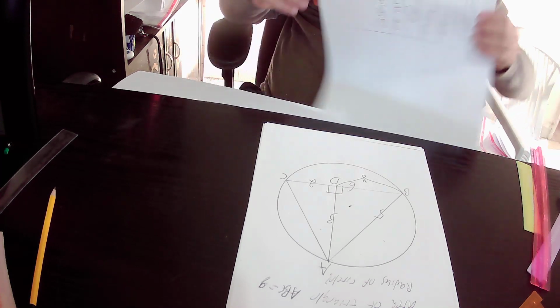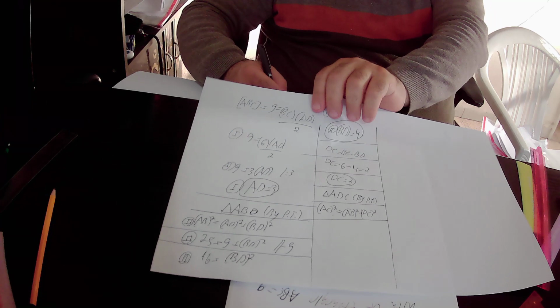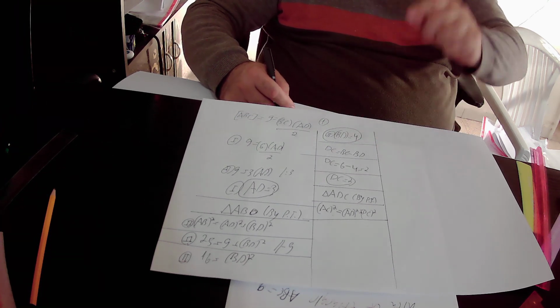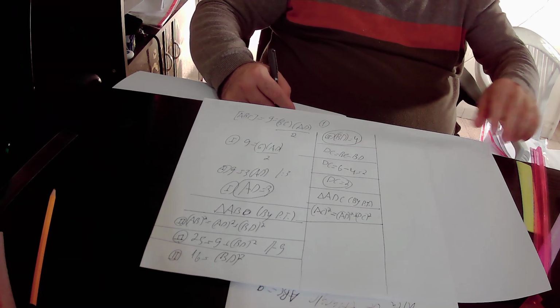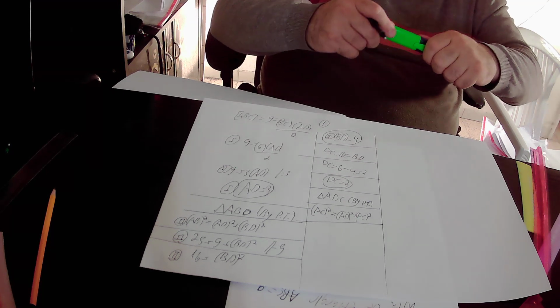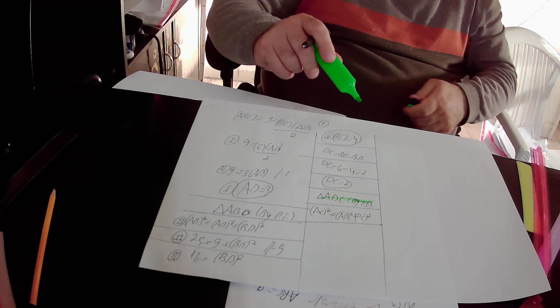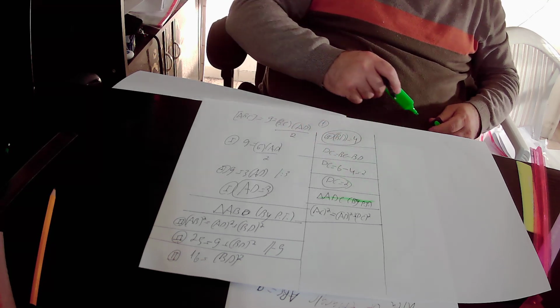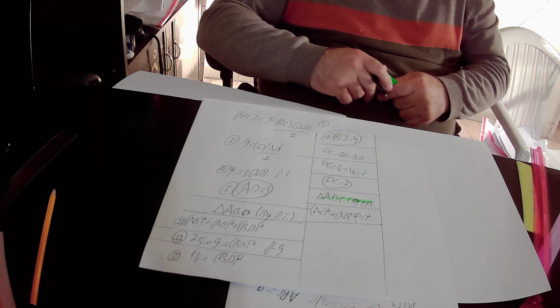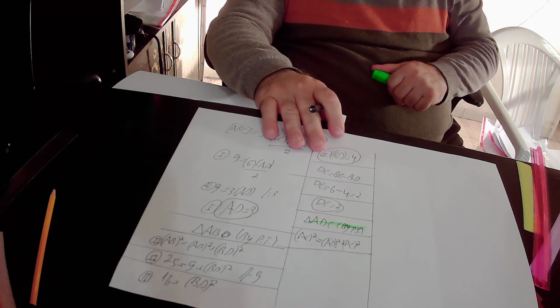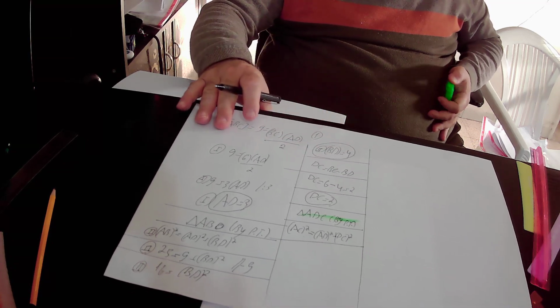I repeat again. In the right triangle ADC, according to the Pythagoras theorem, AC square equals AD square plus DC square. So AC square